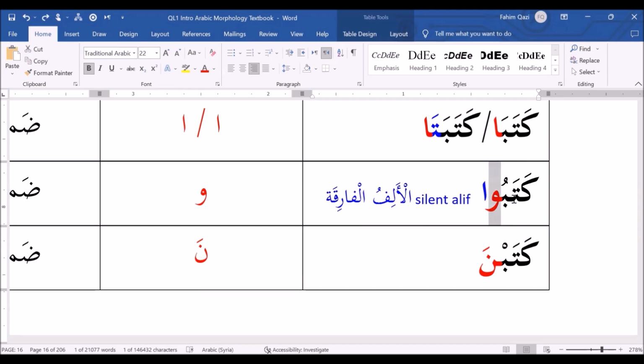So whenever the red wow, which is the plural pronoun, appears in a verb, whether it's past, present, or amr, commanding verb, you must end it by putting this silent alif that has no meaning. It's intended to prevent a possible misread. Sometimes there are situations, as we will look at later on in the Quranic Linguistics series, where if you don't put this alif, it could confuse the reader. So to prevent possible misread and confusion, this alif must always be written,